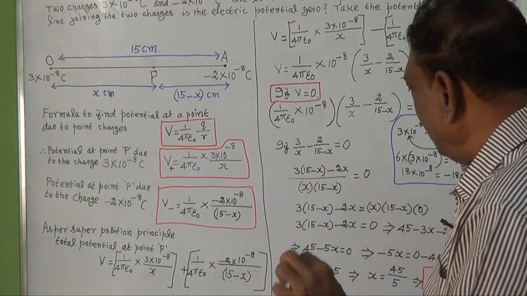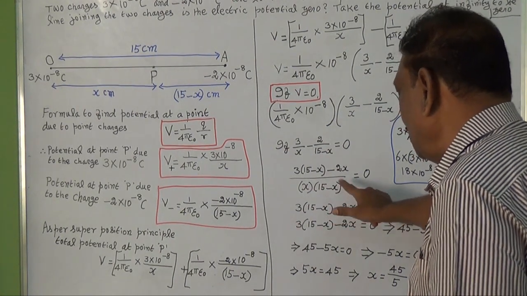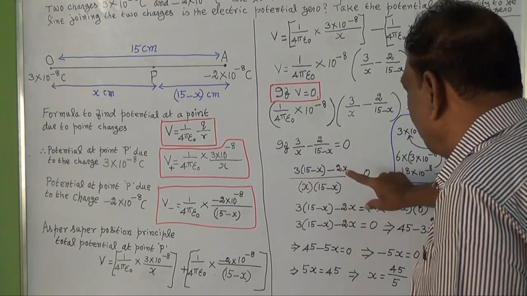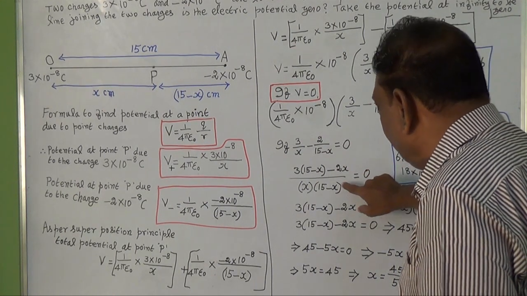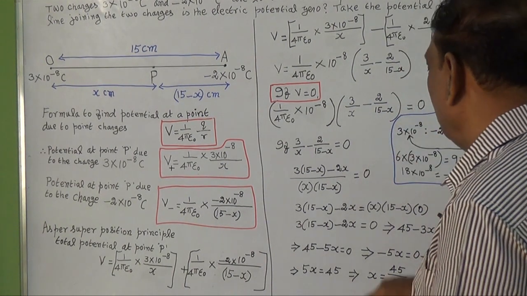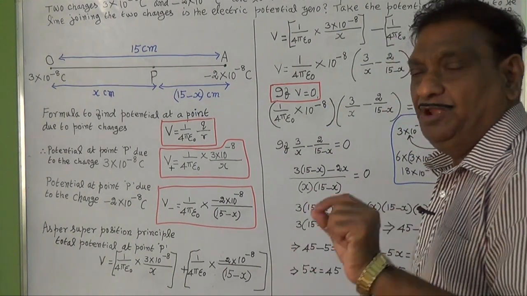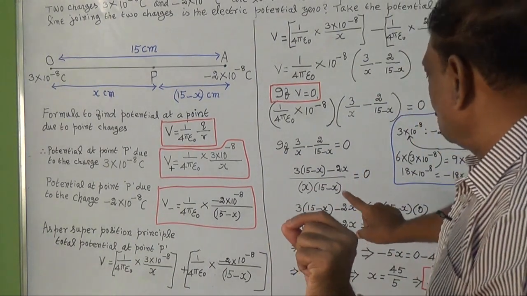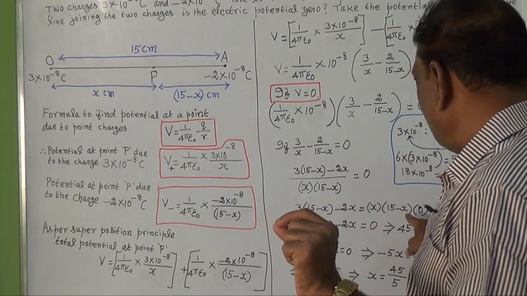If we bring the denominator x into 15 minus x to the right side, it will become the numerator. That is, the division will become multiplication. Thereby, now the equation is 3 into 15 minus x minus 2x equal to x into 15 minus x into